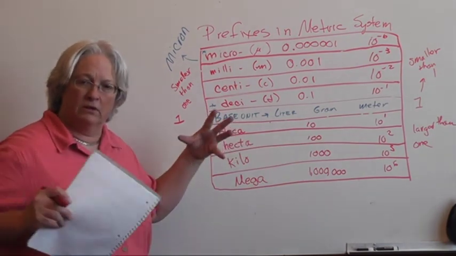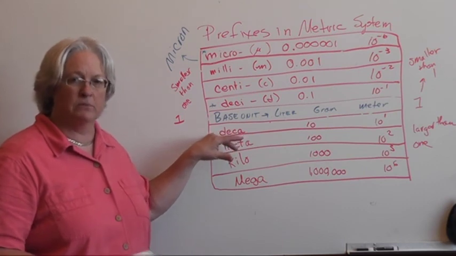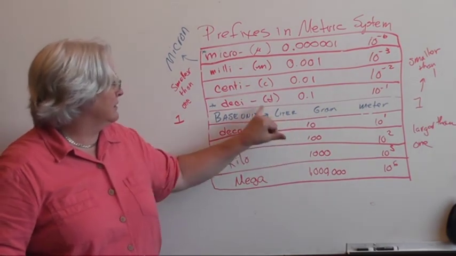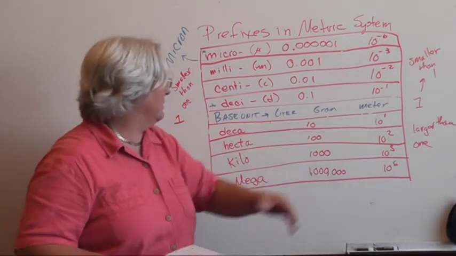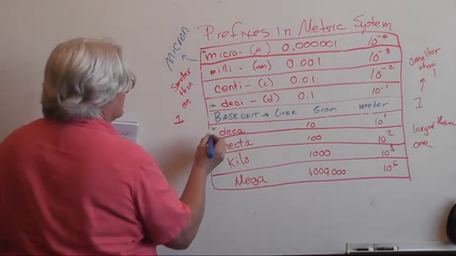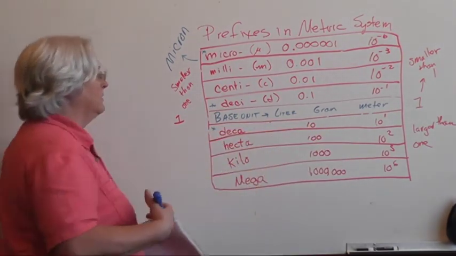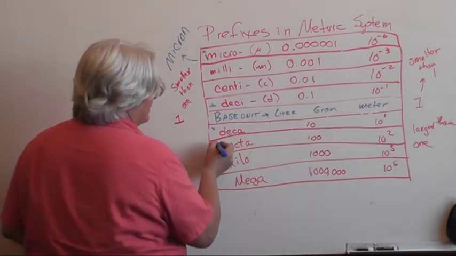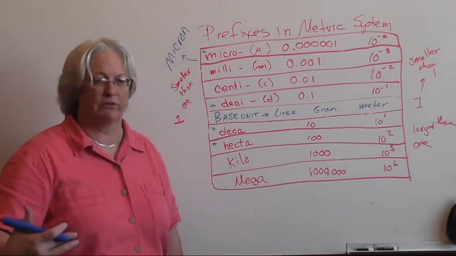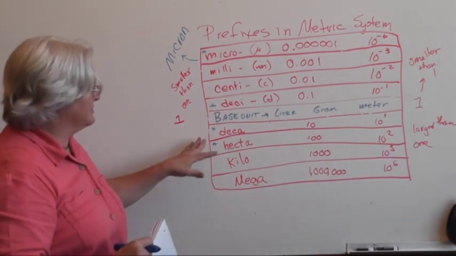One of the activities in the Olympics is the decathlon. A decathlon is comprised of 10 track and field events. So a decaliter would be 10 liters, decameter, 10 meters. This one doesn't get used a lot. A hectoliter, hectogram, hectometer is 100 times. That one doesn't get used a lot either. They used to measure, and I'm sure they do in parts of the world now, hectares, which I think is a unit of land measurement, but you really don't see that a lot.